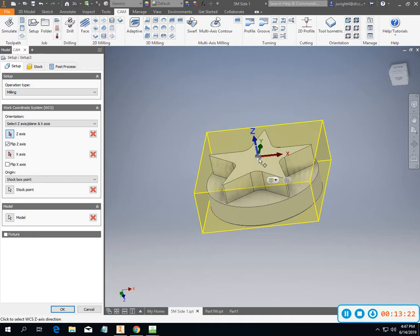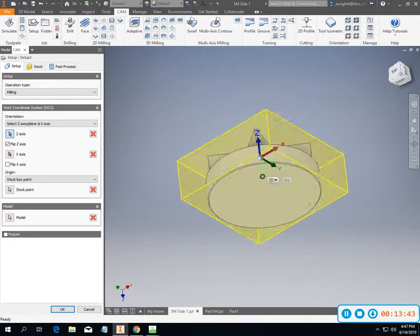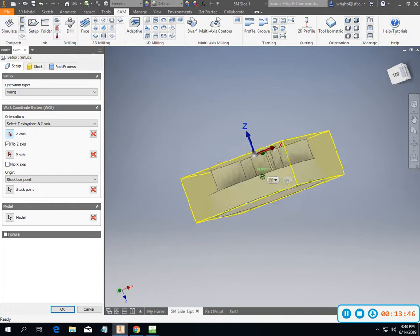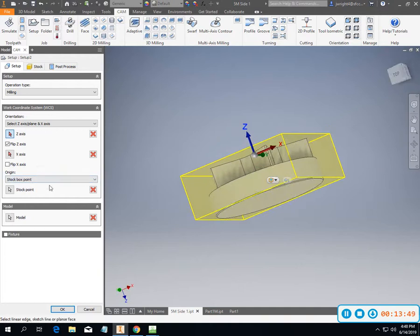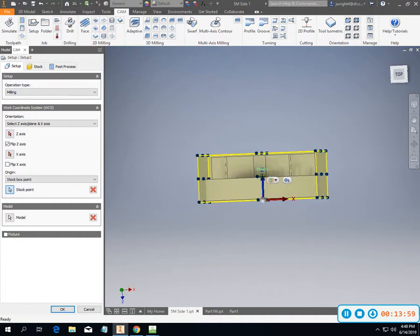What I want to do when I set this part up is swing the pocket of my soft jaws and then drop my part in, and then I can either do a Z off of the bottom of the part or the Z off the top of the part. I could kind of see going either way on this one, top of the part or bottom of the part. It really depends on what I'm going to do. So if I wanted to move that, I'll move it down in here. So the cool thing here is I can set it at the bottom of the part,